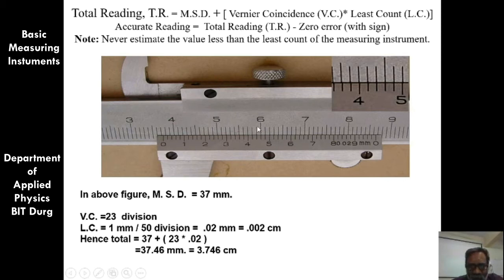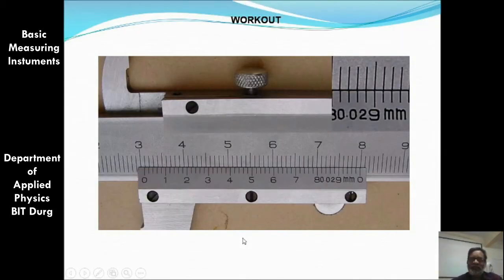The magnified form of this portion of the vernier has been shown here. You can see this is not coincident, this one is not coincident, not even this, but this is exactly coincident with the 6 mark. So this is the 20th division, 21st, 22nd and the 23rd division is exactly coincident with a division of the main scale. So that gives us the vernier reading, and in this way we find the total reading of the vernier calipers. Now let us move to the next slide. Now this is a task for you, and you have to find what the reading is here.